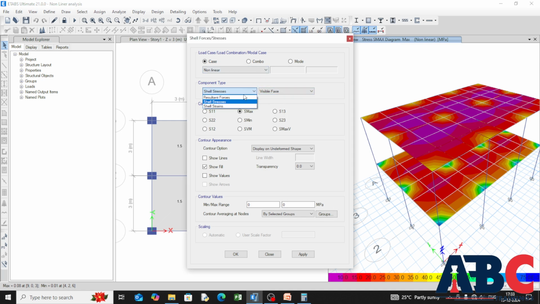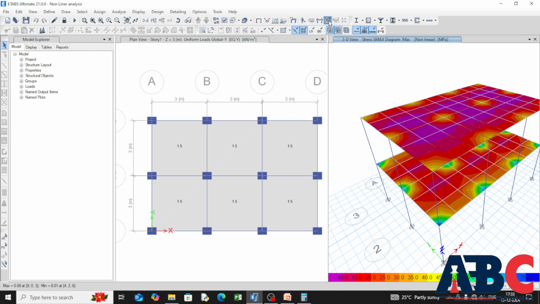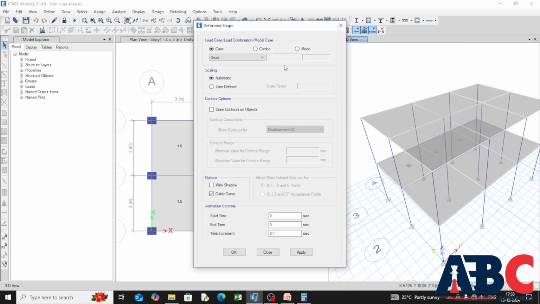Then visible face, or you can change it to absolute maximum. Like this you can check shell stresses. Then for deflection for non-linear,